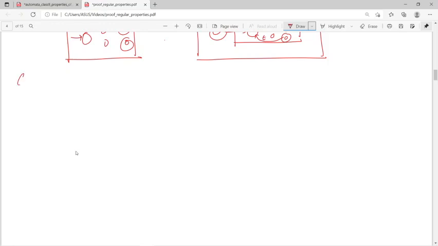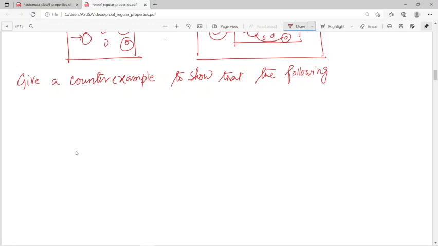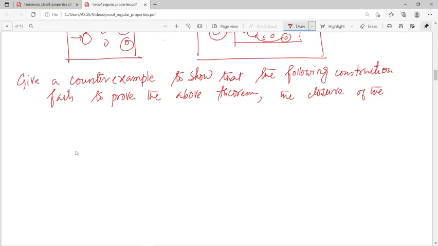Give a counterexample to show that the following construction fails to prove the above theorem. যে থিওরামটা আমি আগে দিলাম সেটা ফেল করতে পারে। দ্যাট মিন্স থিওরামটা কি ছিল, the closure of the class of regular languages under the Kleene closure অথবা স্টার অপারেশন।